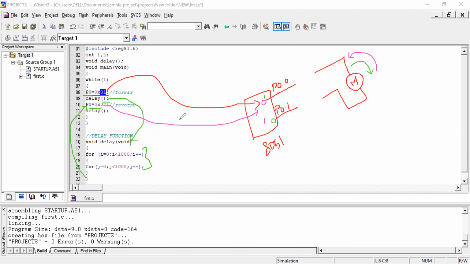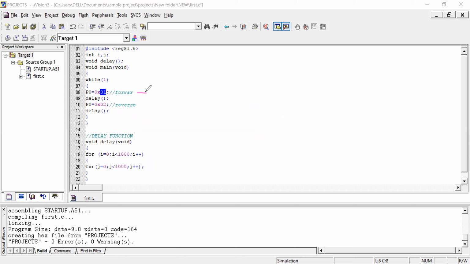This is one way. Or instead you can write P0.0 equal to 1 and P0.1 equal to 0. This is also possible, for forward direction.